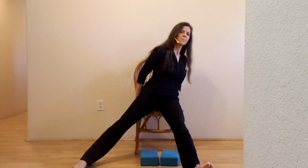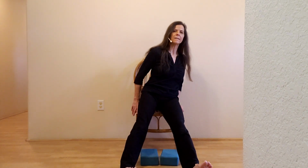Two more times. Little toe out and open. Big toe in, draw it back and sit. And last one, out and open. Big toe in, draw it back and sit. And then just let the legs go out and in and out and in. And then we'll come to face sideways on our chair